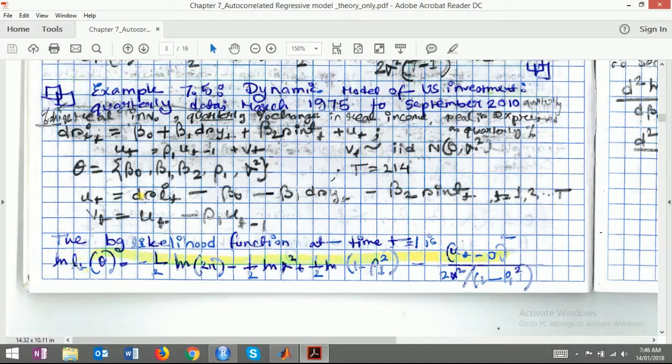All this needs to be estimated, unknown parameters, where vt on the other hand is IID. Remember, ut is not IID. We have T equal to 214 observations. Now ut on the other hand,